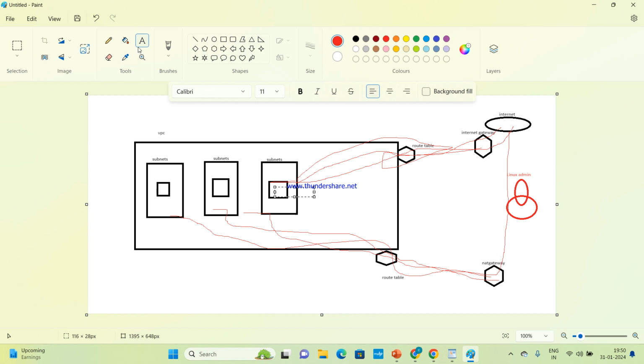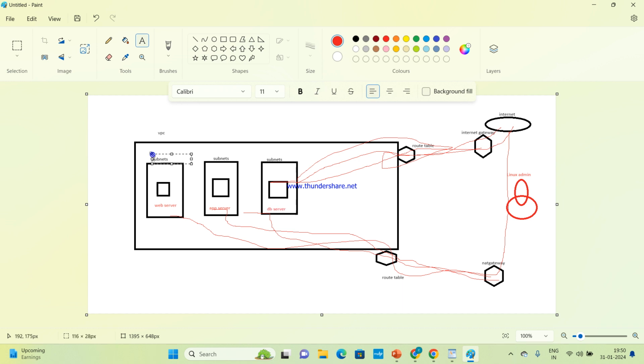Everyone remember three-tier architecture? This is a web server. This is an app server. Every application runs on three servers, right? Web server, app server, and database server.